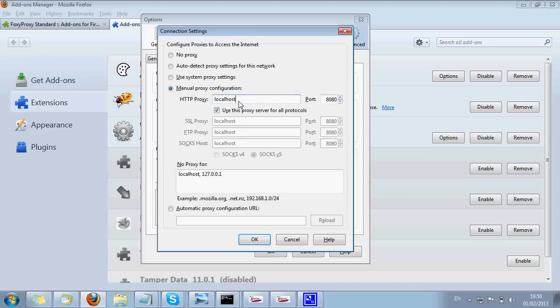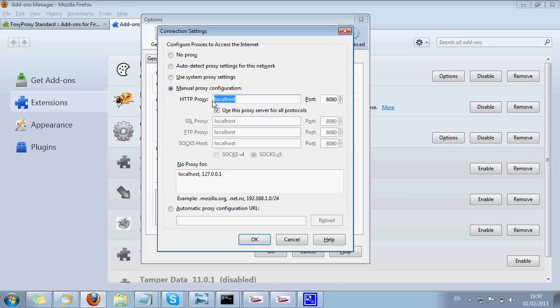So this is localhost, which is our local proxy server or local server, we can say, and else we can use the IP address for that, that is 127.0.0.1, and this is the port number 8080, and we can give any port number which we have decided for the proxy server. So for the Firefox browser, manually we can configure only one proxy setting, which is a basic drawback of Firefox.